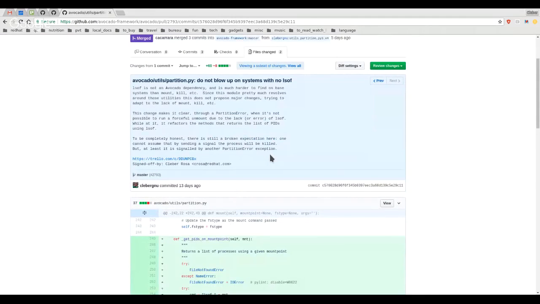So basically, the partition module has a feature that allows one to attempt to forcefully unmount a given partition. And it does that by trying to list the processes that are using a given partition using the LSOF tool. But the LSOF tool is not that standard on Linux systems. Most of the time it is there, but it's pretty common to not be there. So on this pull request, we adapt to situations where LSOF is not existent, and we actually signal a partition